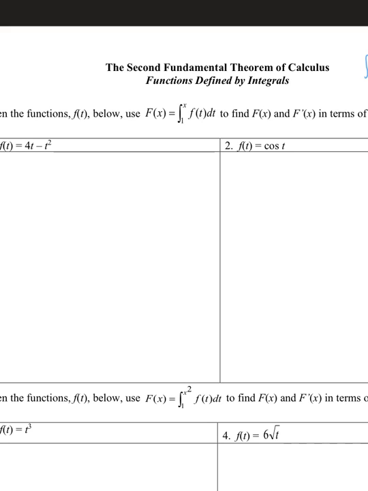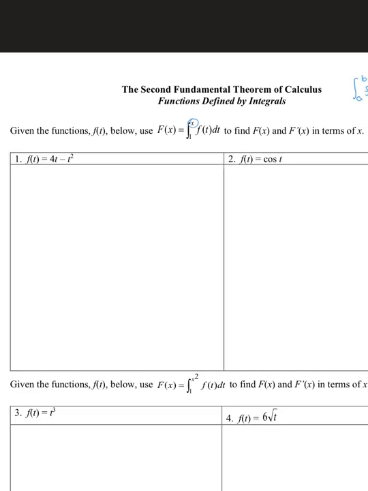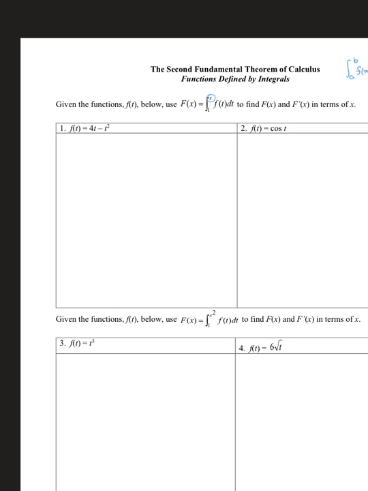a function inside the boundary of the integral. Okay, so in this case, we are going to use the first fundamental theorem of calculus to prove the second. So given the function f of t below, use F of x is equal to the integral from 1 to x of f of t dt to find F of x and F prime in terms of x. Okay, so if F of x is equal to the integral of f of t, and we need to find F of x, then we need to integrate from 1,